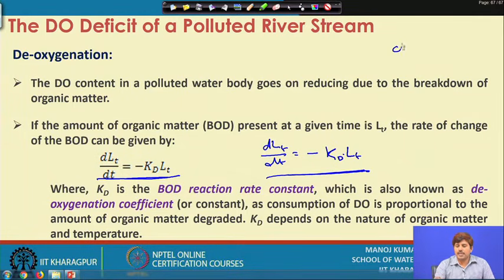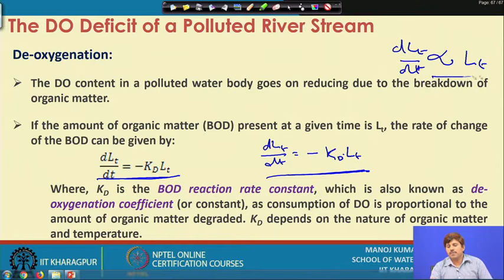Or we can say that the rate of change of BOD is proportional to the existing BOD, which makes it first order, and because it is decreasing, it is proportional to the minus of this, and if we add a proportionality constant, the expression becomes like this. Now, here Kd is the BOD reaction rate constant, how BOD is decreasing, right. So, that is what Kd is. Kd is called the BOD reaction rate constant, but we know that